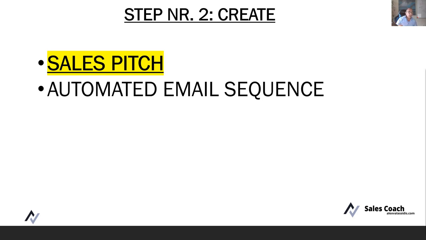But the most important thing that the automated email sequence creates is, first of all, you can see who opened the email and who clicked the email, and that gives you some indication of how interested a prospect potentially is or not. The most important factor, however, is that it warms up the cold call that is going to follow up. So in that way, the prospect is going to be somehow prepared